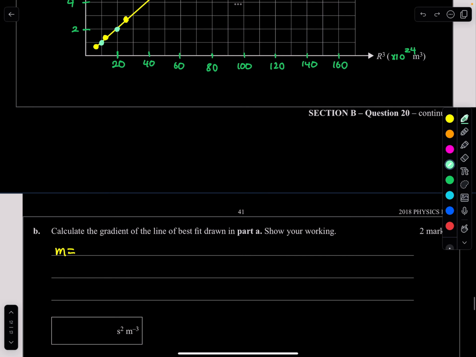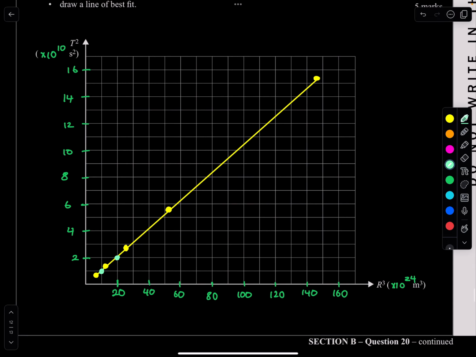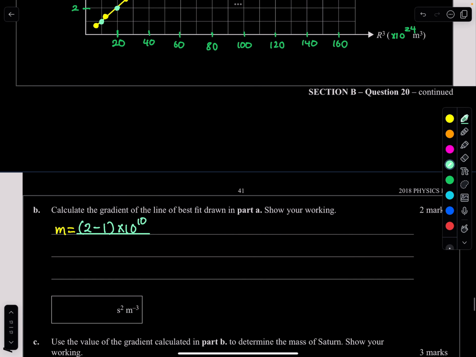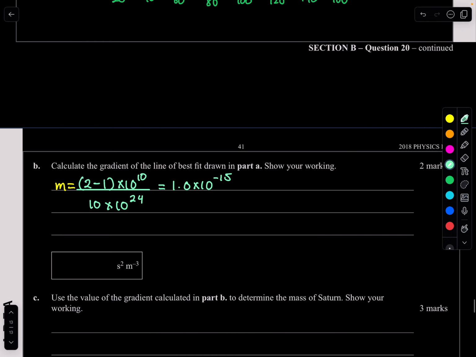So it's 2 minus 1, times 10 to the power of 10, all divided by 20 minus 10, which is 10, times 10 to the power of 24. That gives me 1.0 times 10 to the power of negative 15. That's your